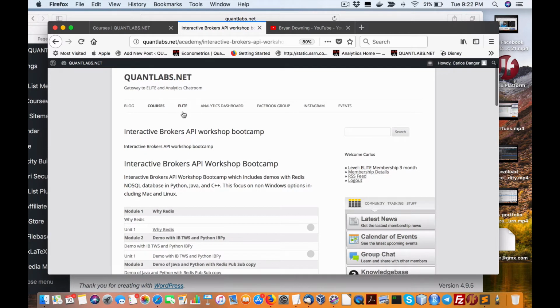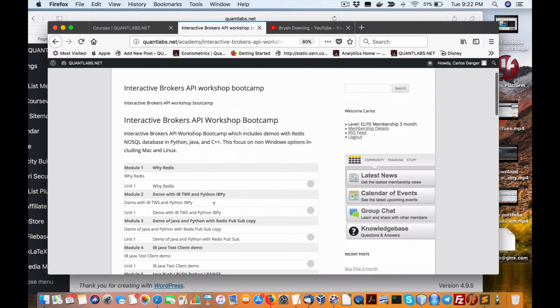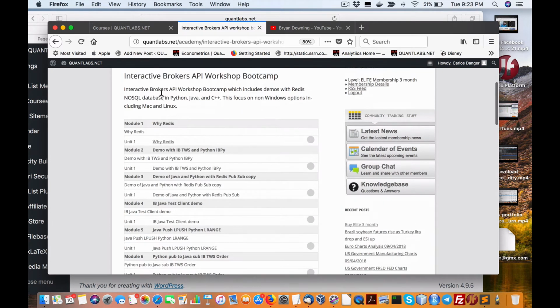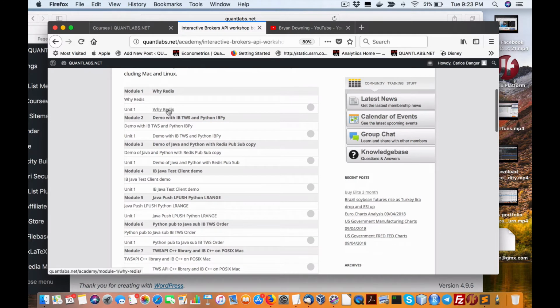We'll move into that in a little bit. So the last course we have here is the Interactive Brokers API Workshop Bootcamp. Now this is a fairly advanced programming course if you plan to use Interactive Brokers. Okay, so if you have Redis